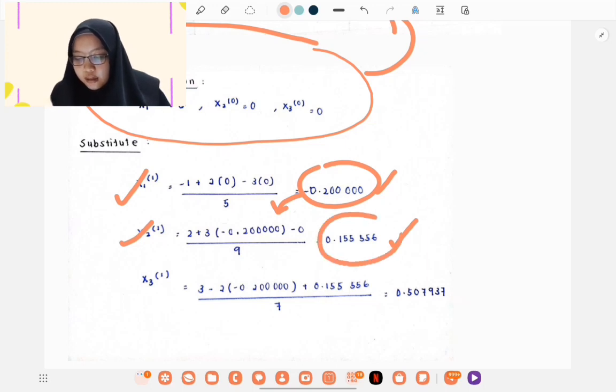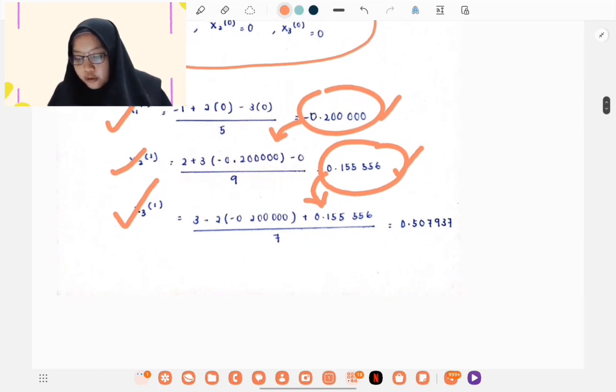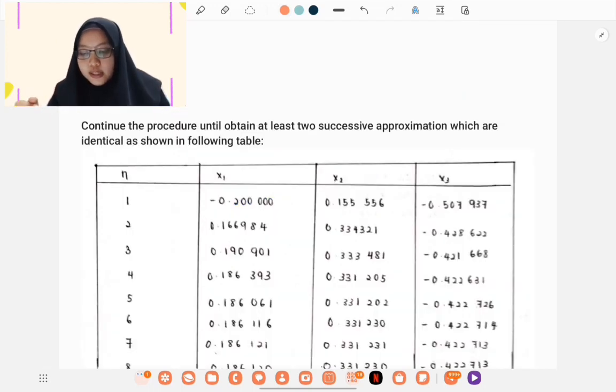0.155556. And then we substitute the value of x2 into the equation of x3. So we have x3 of 1 equal to negative 3 minus 2 times negative 0.200000 plus 0.155556 over 7, and the answer is negative 0.507937. We continue the same procedure until we obtain at least two successive approximations which are identical